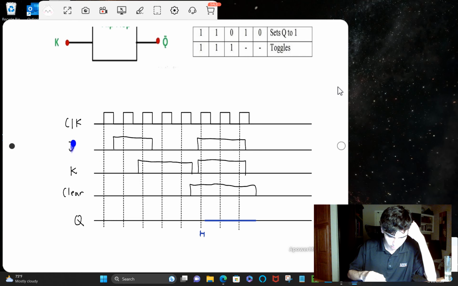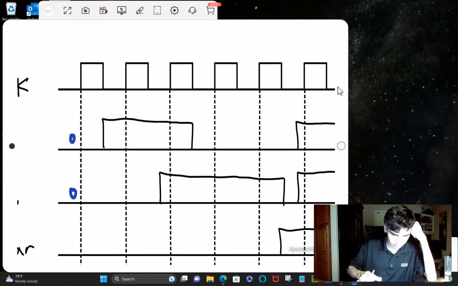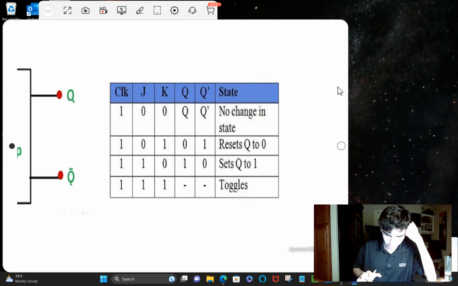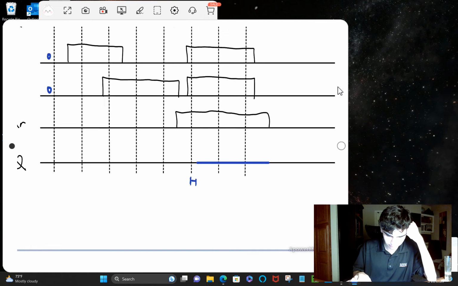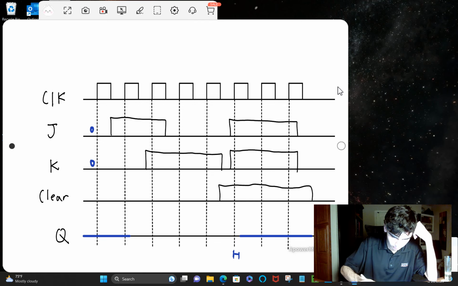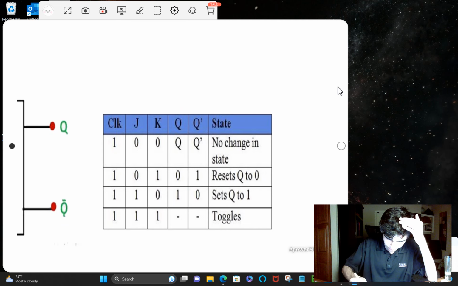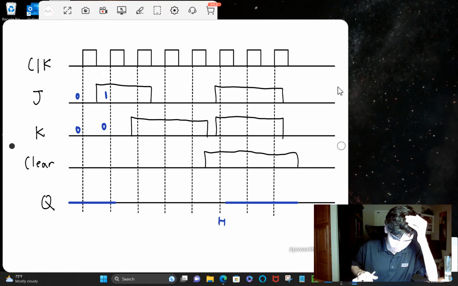Start J and K 0, 0. So according to the truth table, when 0, 0, no change in state. So if it started off 0, it's going to stay 0. Even here, it's 1, 0. So when J is 1, and K is 0, it sets Q to 1. So